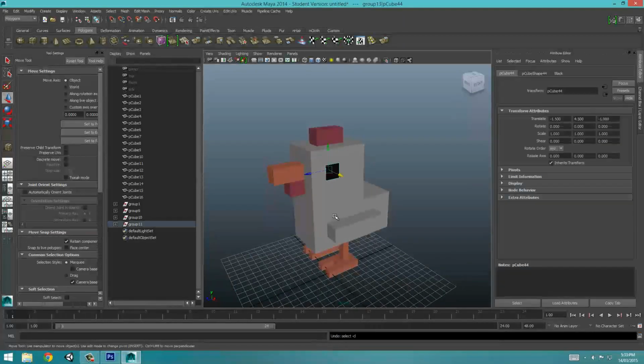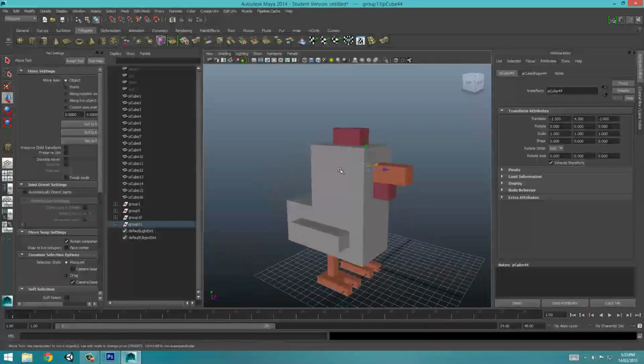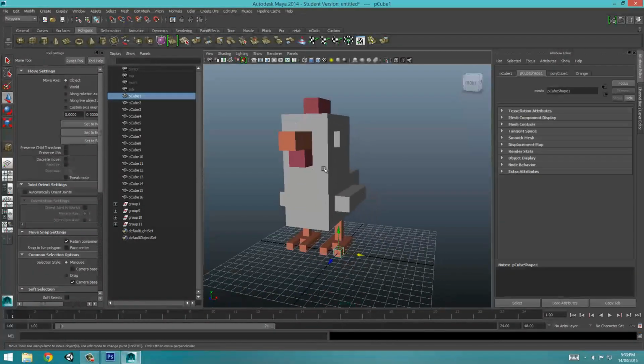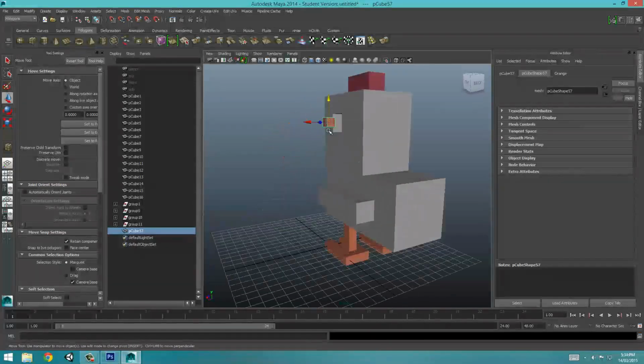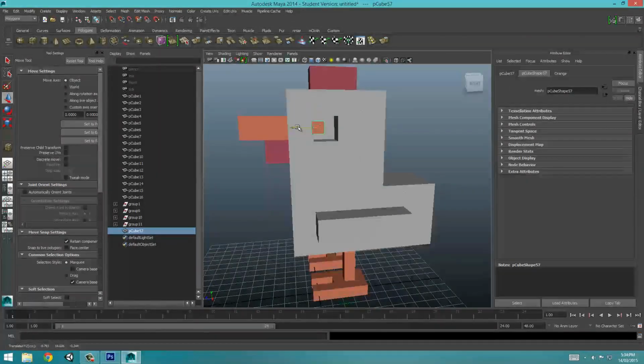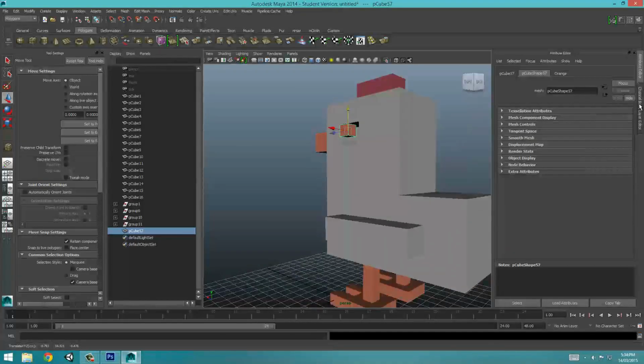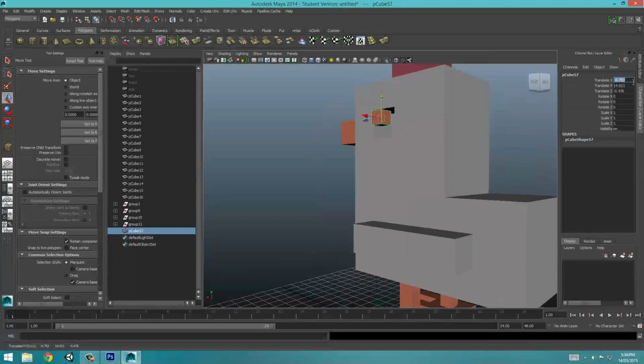That's looking too big to me, so what I'm going to do is select this cube and then this cube and then press delete. Now what I'm going to do is get one of these smaller orange cubes, press Ctrl D, and bring them up so that they fit into this gap. Let's try fit it into the corner of this gap as best we can. It's not going to be perfect, so what we're going to do is go into our channel box and make these nice even values. So -1 on the X, 14 on the Y, and it looks like 0, nope,